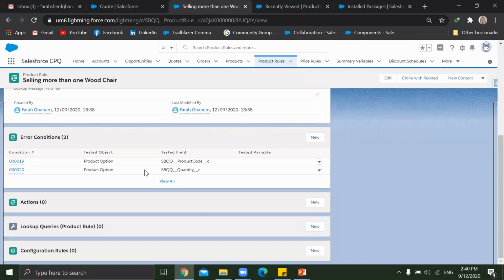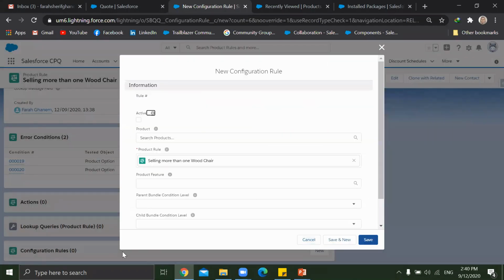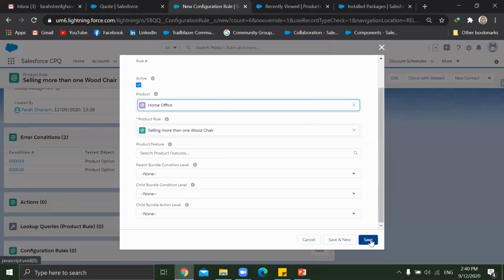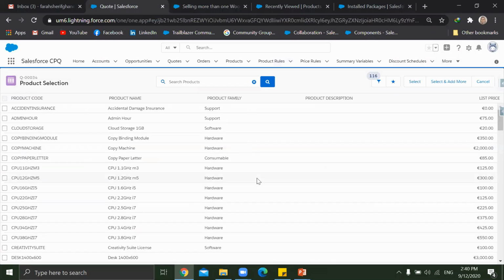Okay, now what is left is to assign this product rule to the home office bundle. So this is handled by configuration rule. Okay, so let's mark it as active and choose our home office bundle. This is the one that we will fire this product rule on. Okay, and hit save. If we go back to our code and hit refresh,